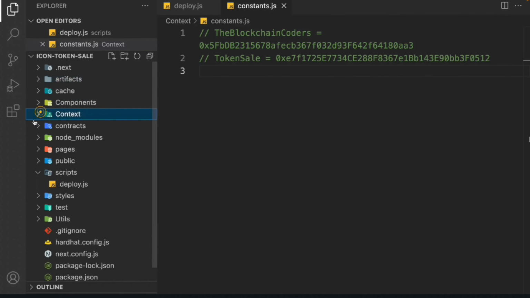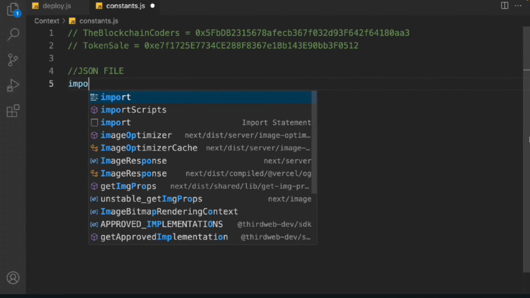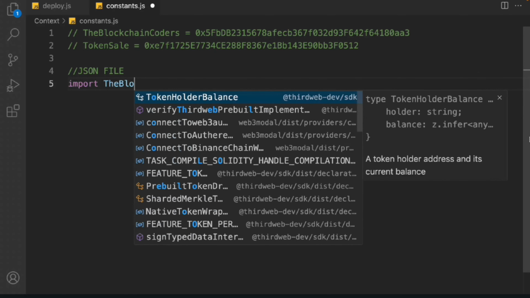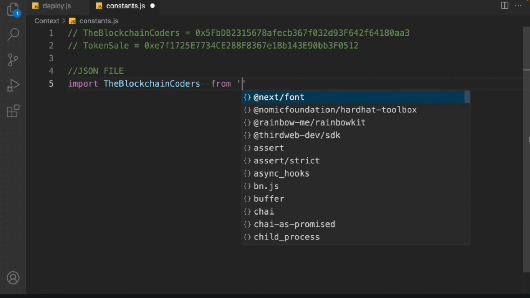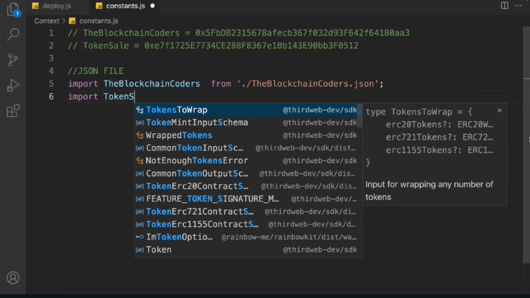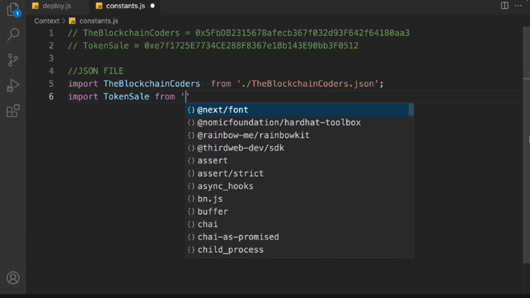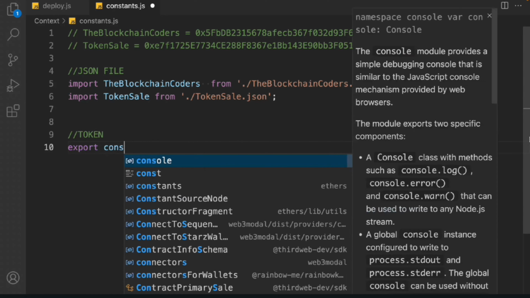So we got the ABI, and now we have to simply import it here in the context. So we'll say import JSON file, the blockchain coder, and that's coming from the same directory /ABI. Then we have to import the token sale, and now we have to simply export. So first we have to export the token. So export const token